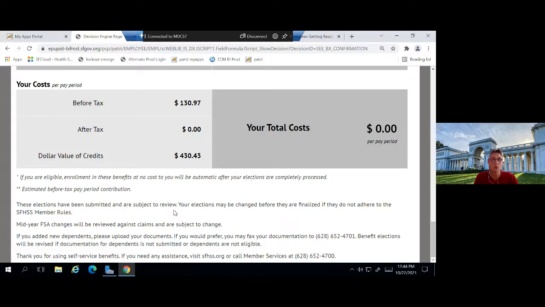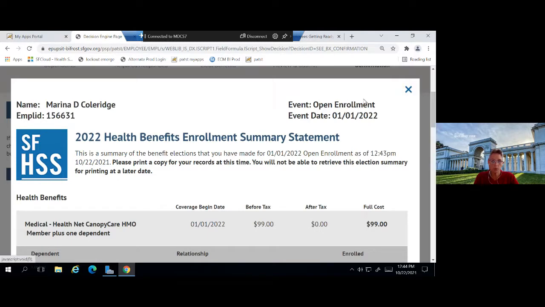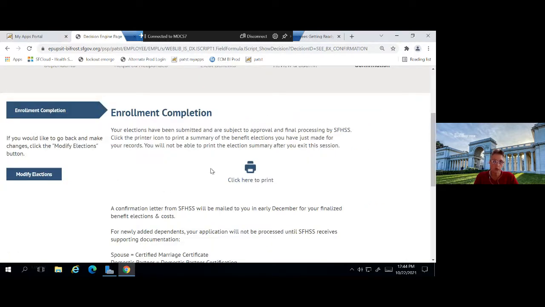We have to do a review to make sure they adhere with SFHSS member rules. If you've added new dependents, we have to get that supporting documentation first. So how do you do that? Well, that's also on this very same page. So if you scroll down,